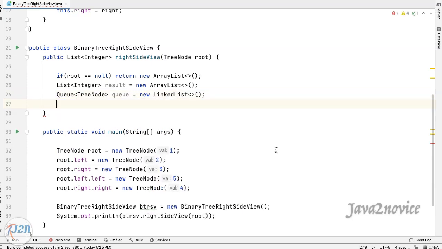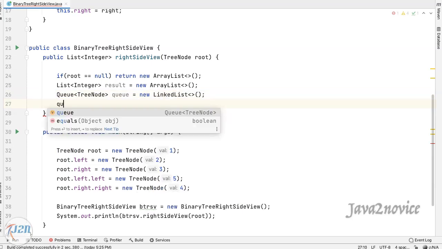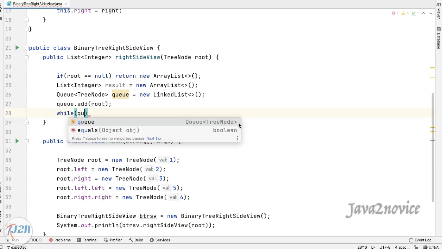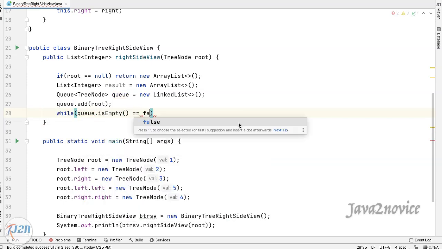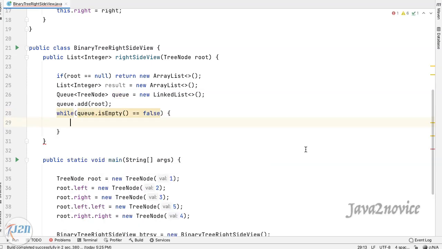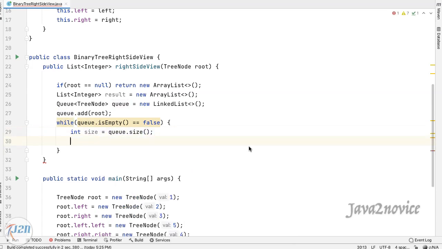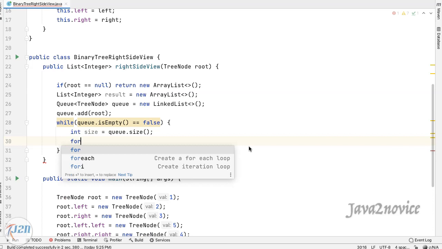As a first step, add root node into the queue. Let's process the queue until it is empty. Declare a variable called size and initialize it with queue size. Now let's iterate based on size value.